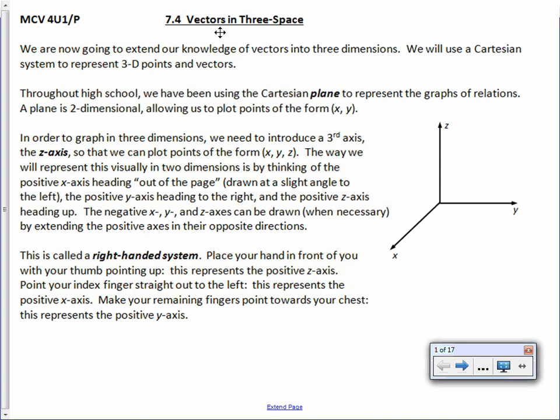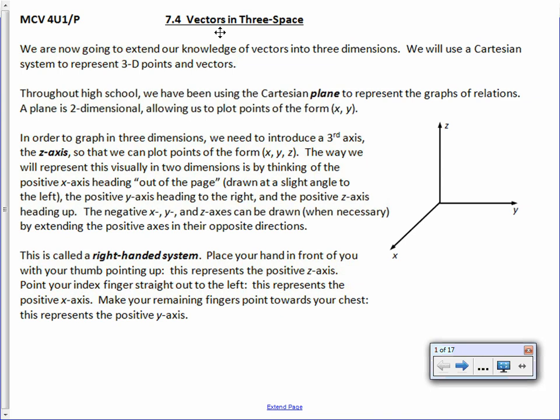We're going to take everything we've learned, and the nice thing is, you kind of need Cartesian vectors to represent 3 dimensions, because other than drawing a 3D perspective drawing and trying to draw vectors in 3 space, it's actually easier if you have a coordinate system to work with as opposed to just drawing in space. So we're going to extend our knowledge of vectors into 3 dimensions. We're going to use a Cartesian system to represent 3D points and vectors. So we're going to spend a good chunk of today's lesson talking about how we represent points and therefore vectors